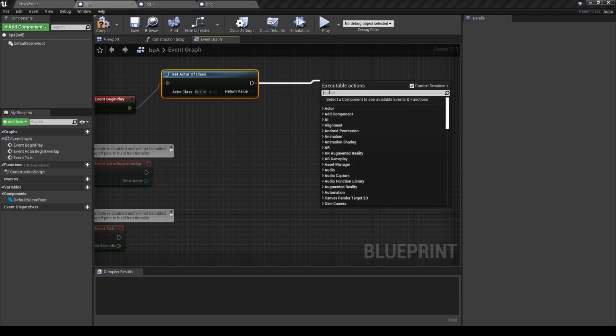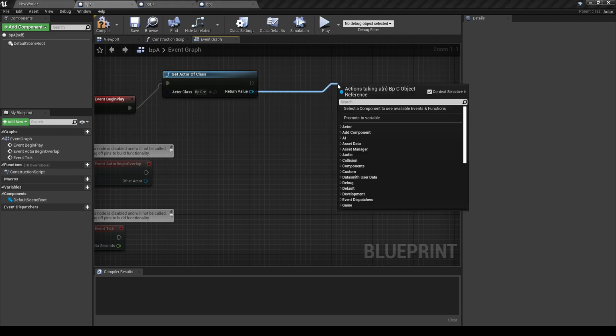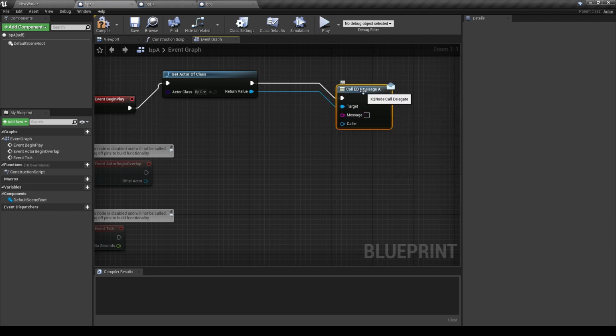And then from here, I can call the Event Dispatcher that is defined in blueprint C. You can see here I have the 2 parameters that I have defined inside blueprint C. So I can add a message: I'm talking.